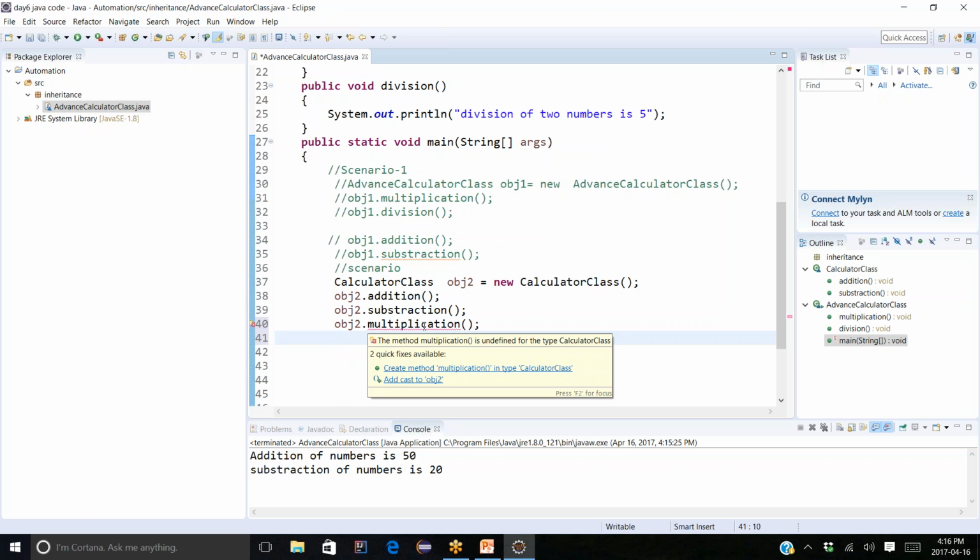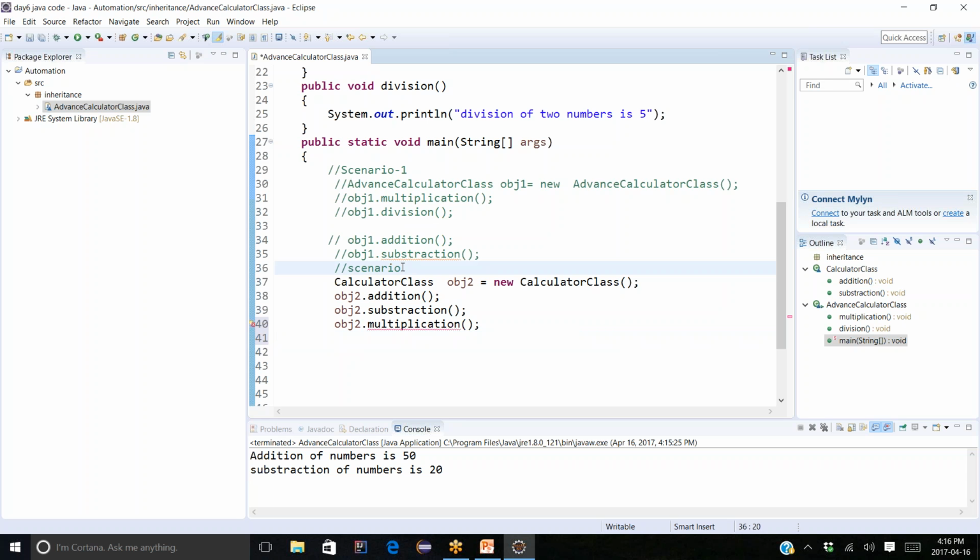Okay, so it is not going to be. Why? The method multiplication is undefined for the type of calculator class. Yes, that is the meaning of that. So this scenario 2,